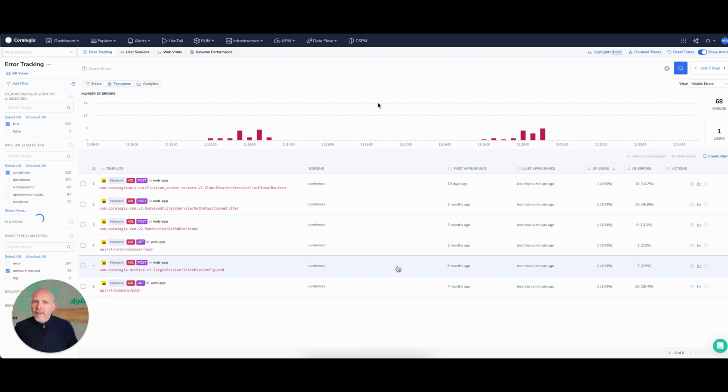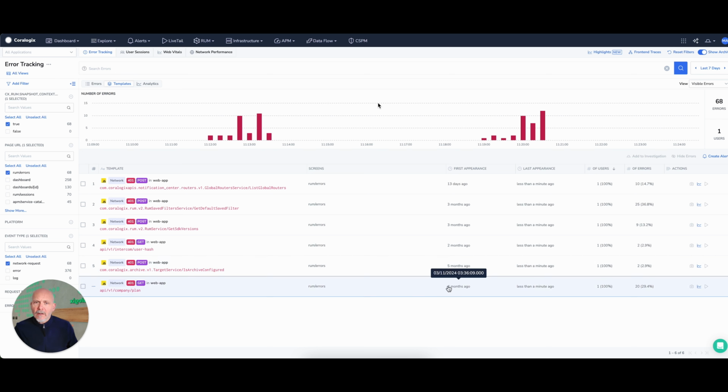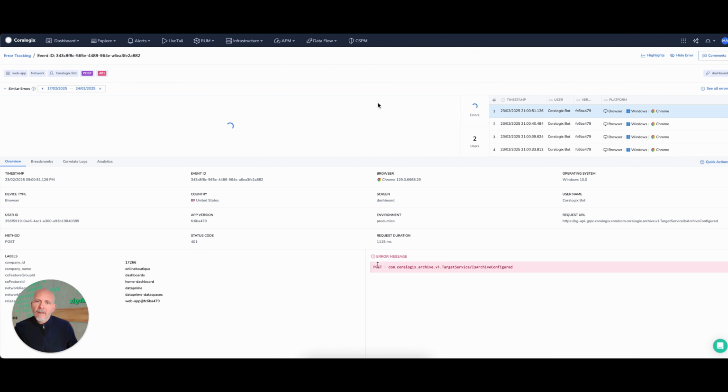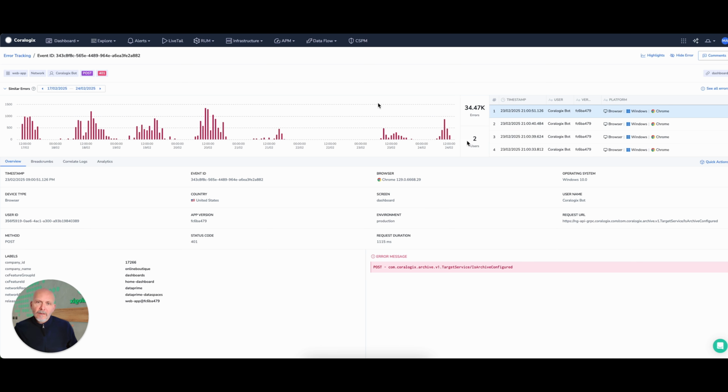You might also need historical debugging. Imagine your customer reports an issue that happened 2 months ago, but your current logs don't go back that far. Instead of telling them, "Sorry, we don't have the data," you can use the Archive Query to retrieve logs and troubleshoot that problem. Archive Query is a powerful tool that allows you to search and retrieve only the RUM logs